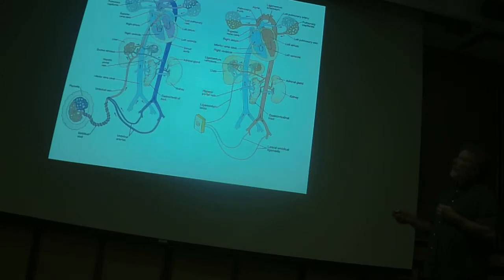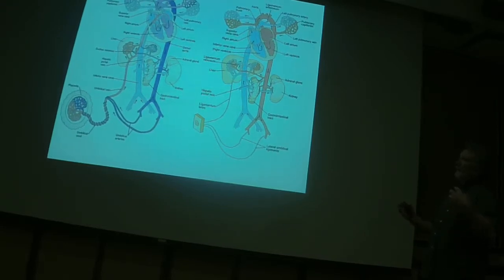All right, so now you have one shunt through the liver, another shunt from right atrium to left atrium, and a third shunt from pulmonary trunk to the aorta. You're just trying to avoid the lungs with all this blood because it doesn't need to go there. It's already oxygenated. The little bit of blood that does go to the lungs goes through the lungs, comes back to the left atrium, goes to the left ventricle, and then goes out to the